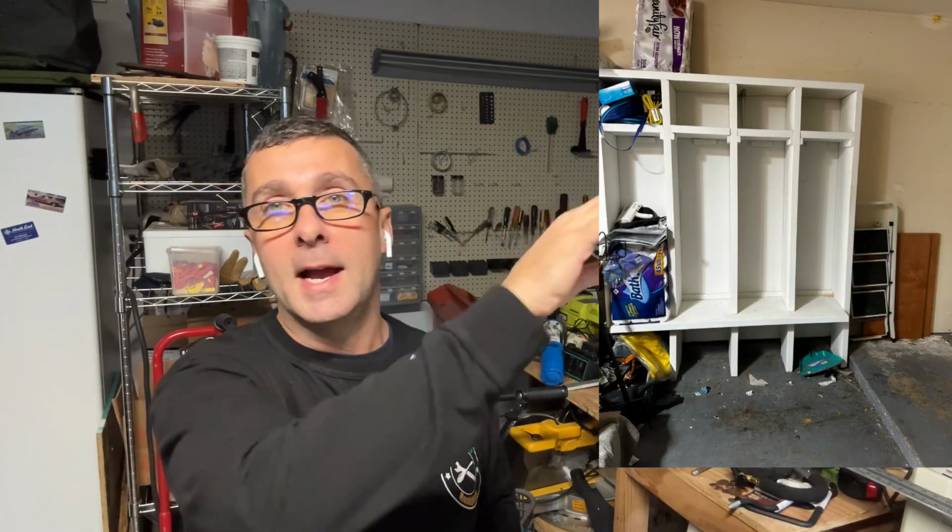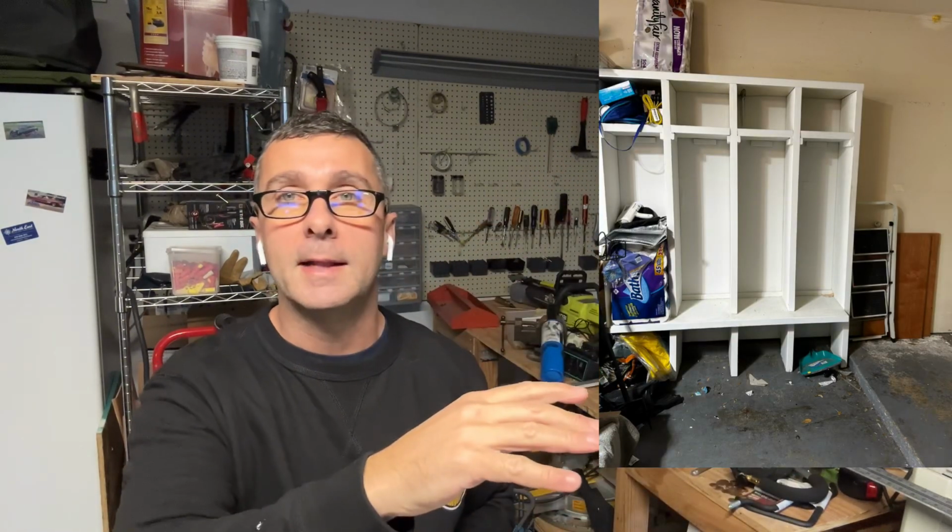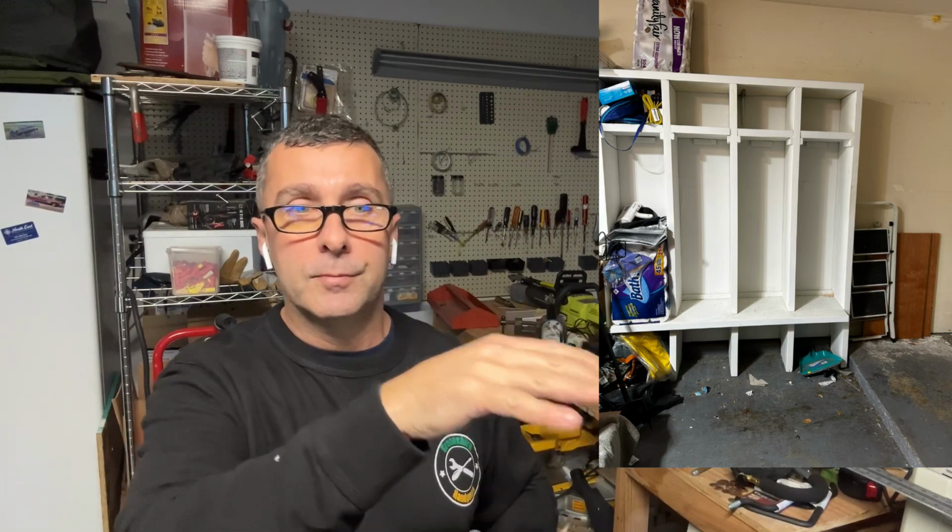But I had to build some shelves. So the homeowner said, hey, I have these shelves. I want to put some sodas and whatnot in there. Can you just add more shelves to it so I can do that? Yeah, sure, no problem. So I bought a couple of pre-made shelf materials, a couple MDF pieces, and just put these